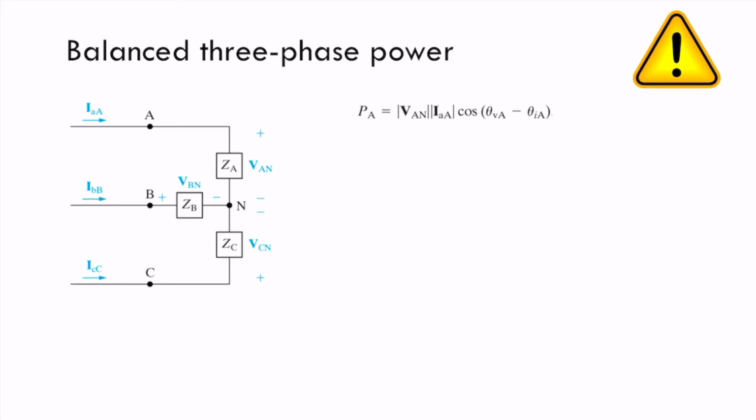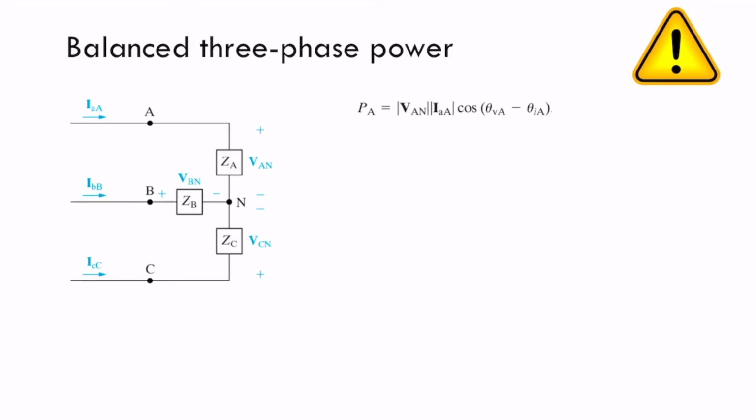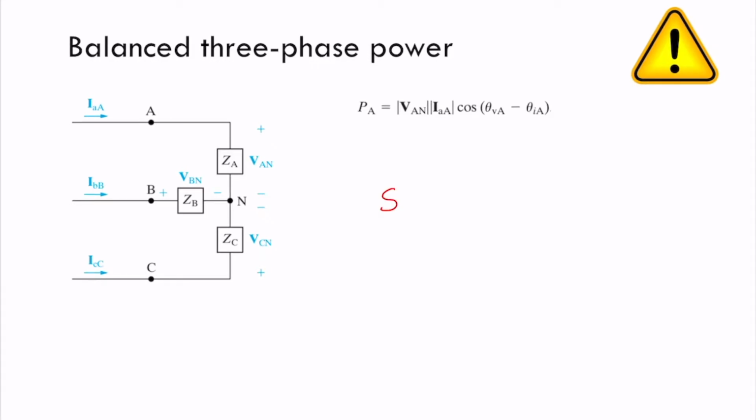Hello, I'm going to talk to you about power in three-phase systems. I presented before that the complex power is equal to the voltage times the conjugate of the current, but using the effective or RMS value. Keeping this in mind, it's easy to see that for one circuit A, we can compute